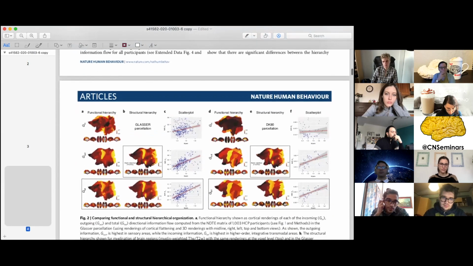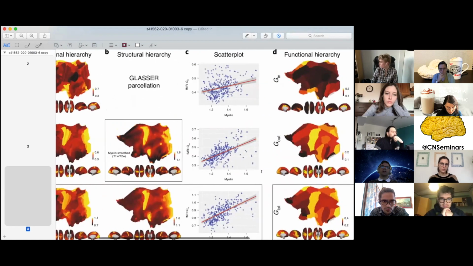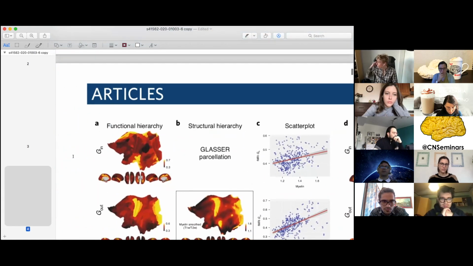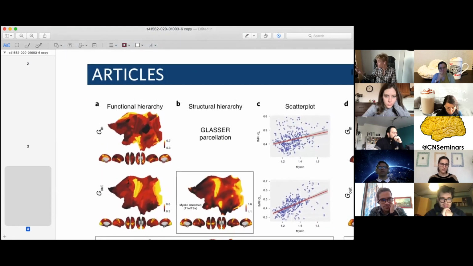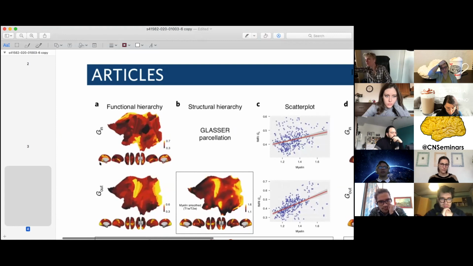And this is the result that they have. So they first did it with resting state functional connectivity. They create these matrices that are bidirectional, and this allows them to quantify a little bit how much information is getting in to all the regions and out of all the regions. And you can see that for the in regions it's mainly focused on the default mode network, and for